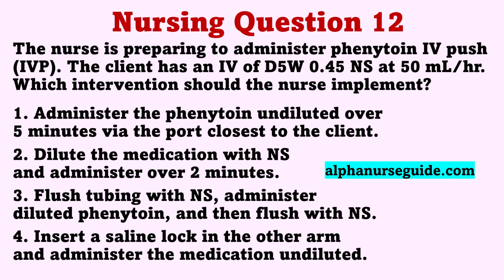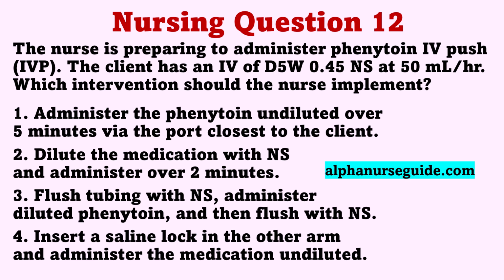The correct answer is 3. Flush tubing with normal saline, administer diluted phenytoin, and then flush with normal saline. Rationale: phenytoin cannot be administered with dextrose because it will cause precipitation. Phenytoin should be diluted in a saline solution, and the IV tubing should be flushed before and after administration because